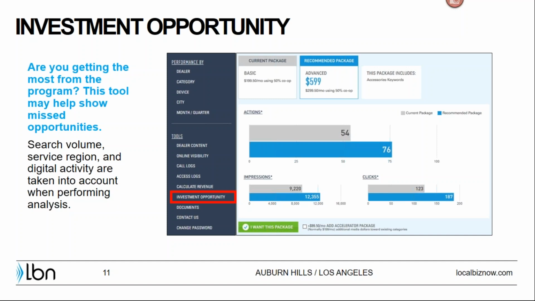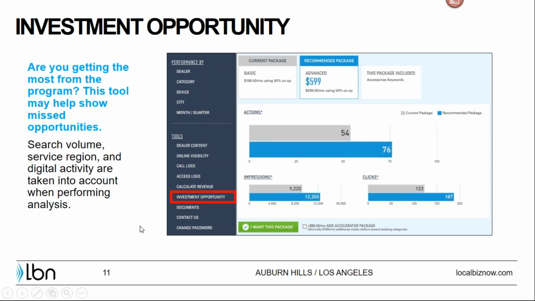So you are spending every dollar very quickly in a day. Now, the goal is to be there all the time, right? The always on mentality. We want to be available when people are looking. If you are consistently hitting your daily budget, we would likely recommend you to increase your package or have a